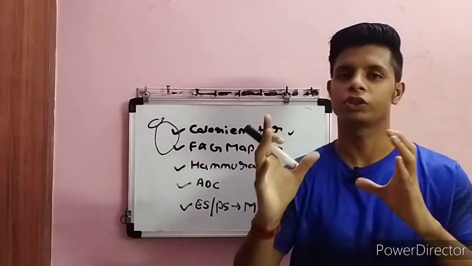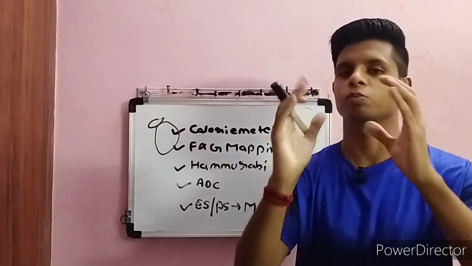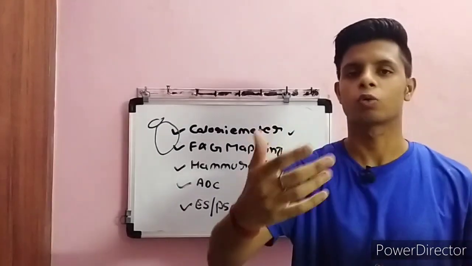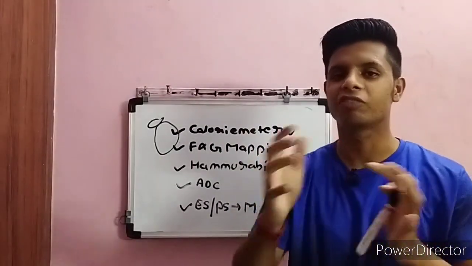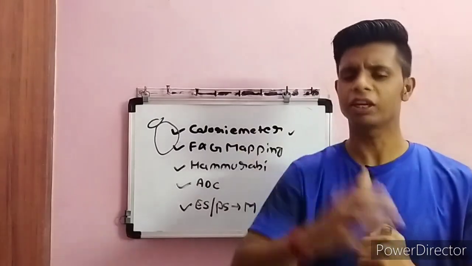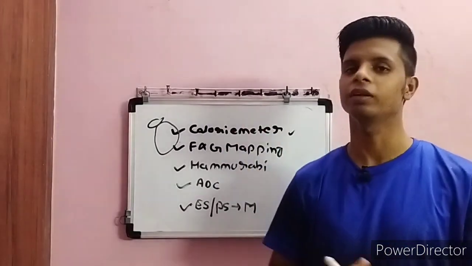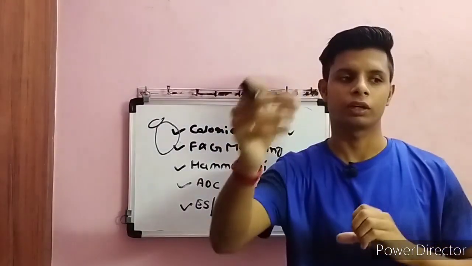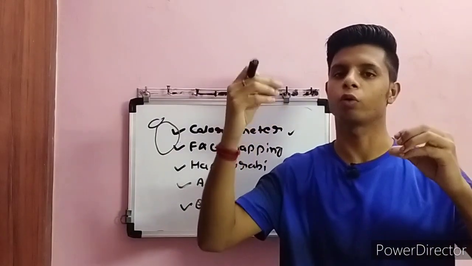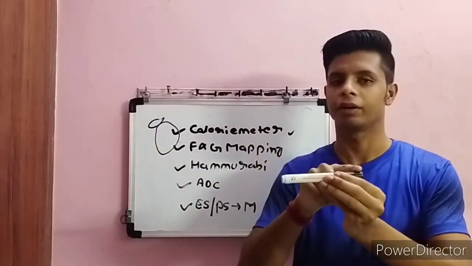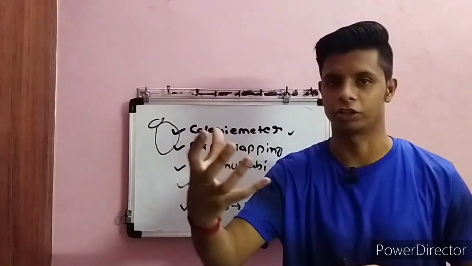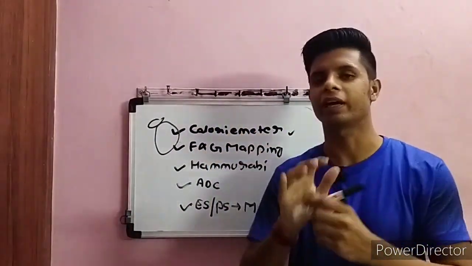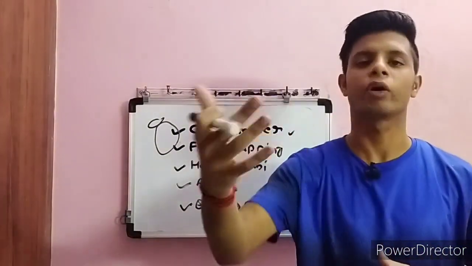Under that cone of vision, if any foreign particles, for example in a smoke detector, if any smoke particle comes, only then will it detect that. If that smoke particle is not coming under the cone of vision, it will be unable to detect it. So what F&G mapping helps us with is deciding the particular points. If we are locating detectors here, here and here, which point is going to be more useful and give more coverage? From detectors we expect they should cover more and more area, so it will tell us which location gives the most area coverage.